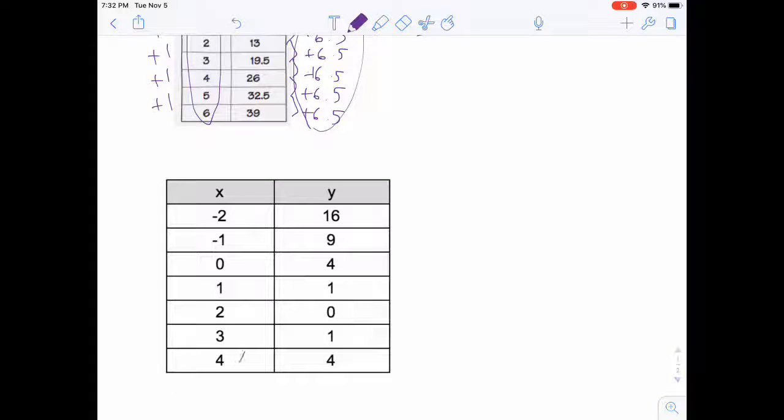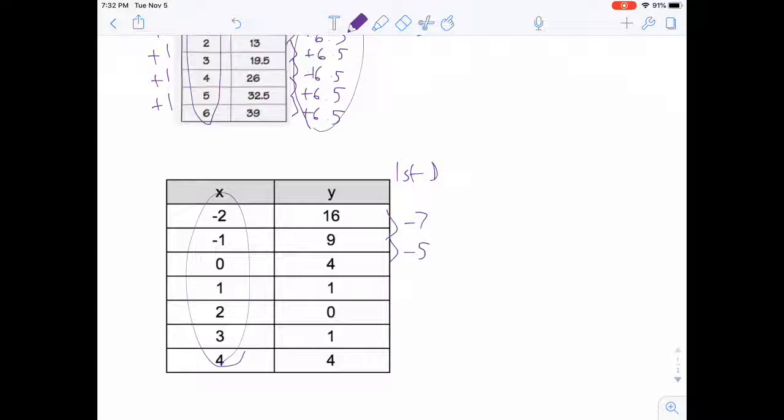Again, I check my x values going up by the same number, which they are. I check my first differences. So 16 to 9, I'm subtracting 7. 9 to 4, I'm subtracting 5. Right there, I notice that it's not linear. However, I'm going to keep going because I know it's not linear, but I still have to check to see